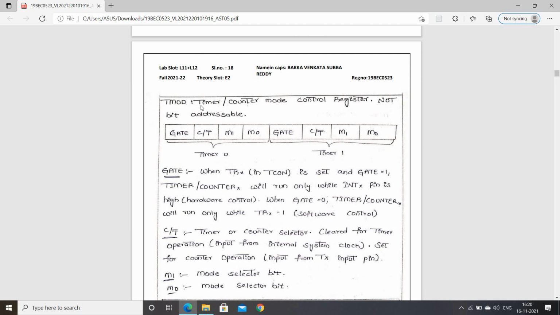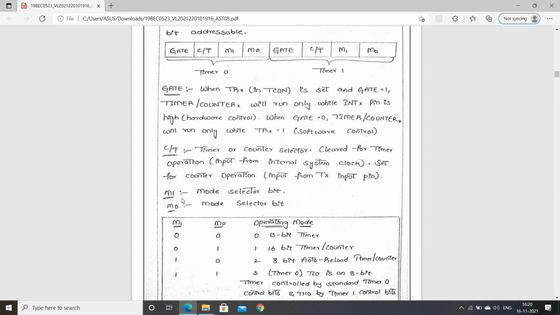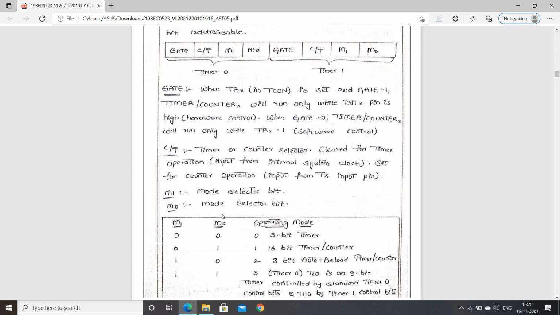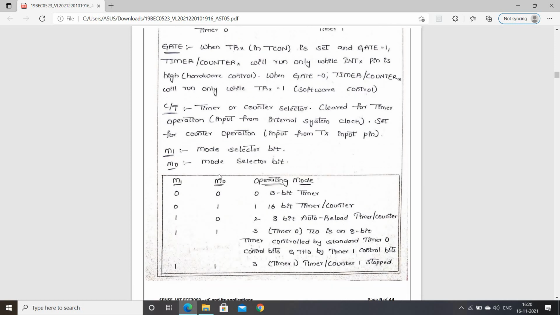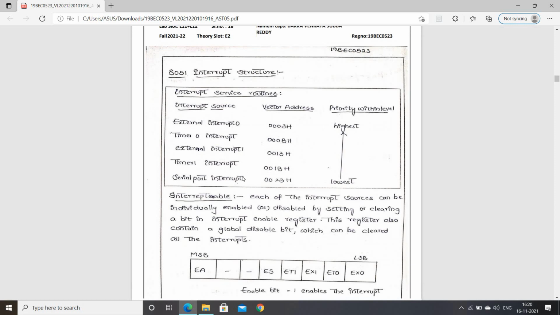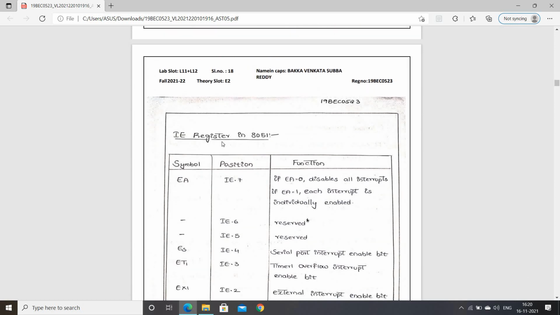As you can see here, the timer or counter mode control register, not bit addressable, this is the gate, and timer or counter, and the 8051 interrupt structure, as you can see here, the IE register in 8051,